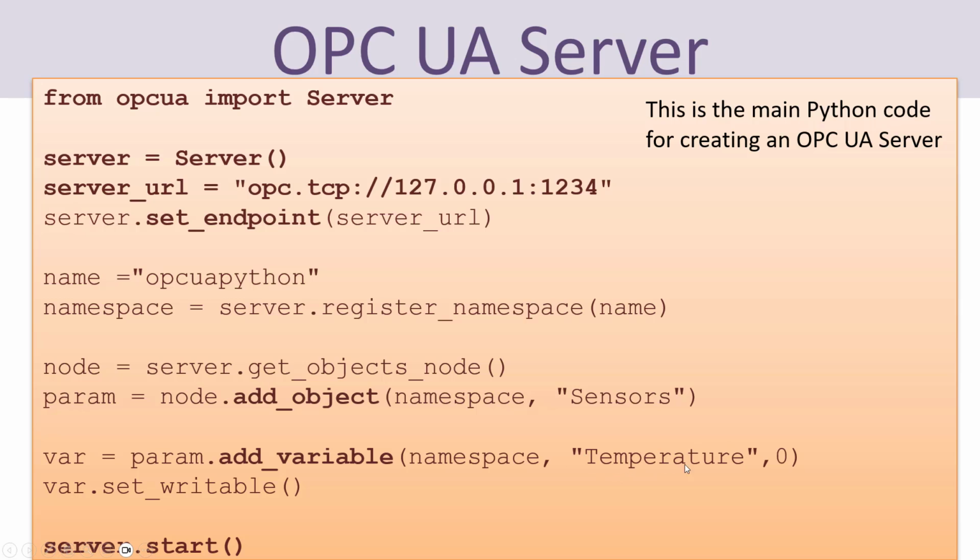Of course here you can create whatever you like, and of course you can have multiple tags or multiple variables within that folder or namespace. Just to demonstrate, I'm just creating one OPC UA tag in this example,